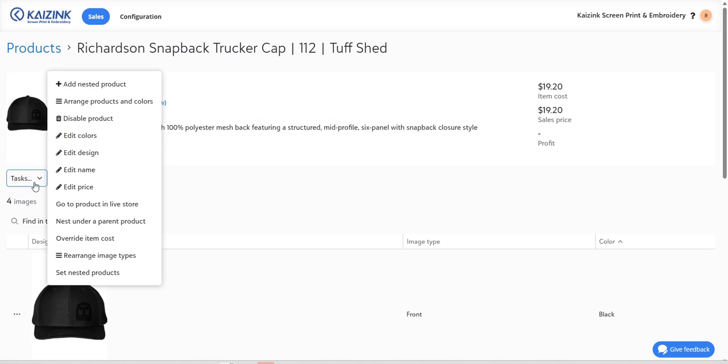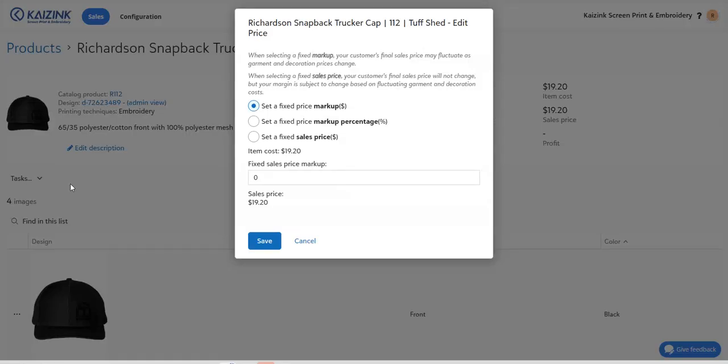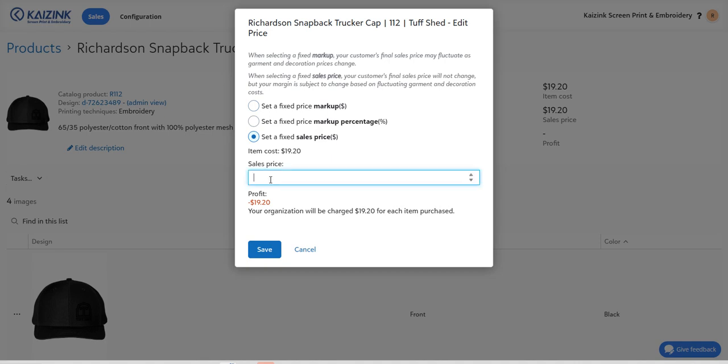go ahead and come over here to tasks, and we're going to click edit price, and from here you get a couple of different options. So you could just do a markup, a percentage markup, but what we're going to use is a fixed sales price. So let's say we're selling this hat for $13. Then you just go ahead and plug that in, go ahead and hit save,